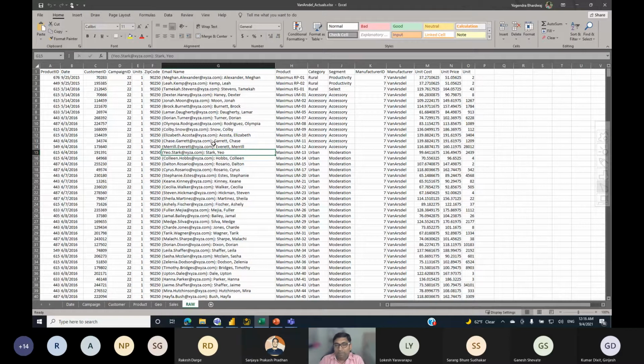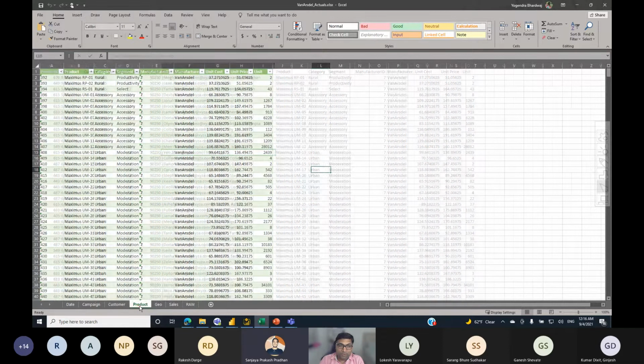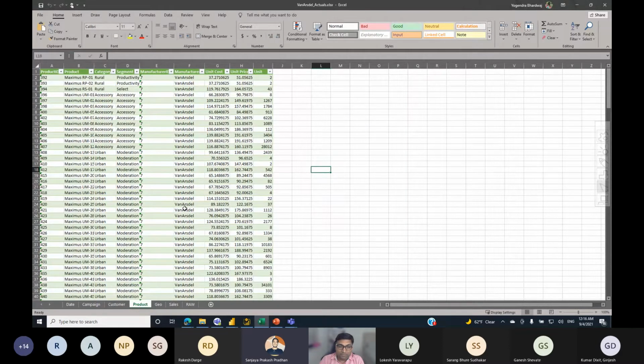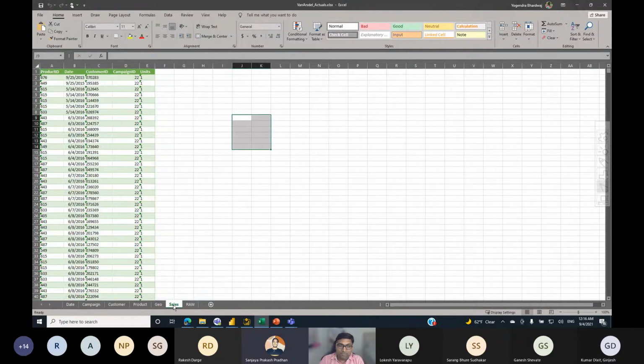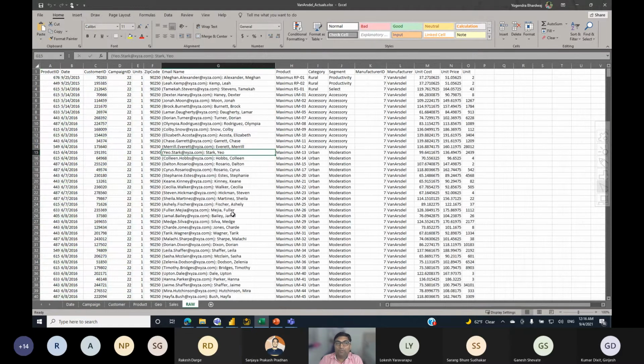Okay? And if you're creating measures and all, you have to put so many filters on this. This is my raw data, but what I have done is split the same data into different tables. For products, I have split this. For geolocation, I have split another piece of information. For sales, another table. Whatever you see here, campaign, customer, product, geolocation, and sales, everything is extracted from the raw data. Still, there is some work we have to do on this table.